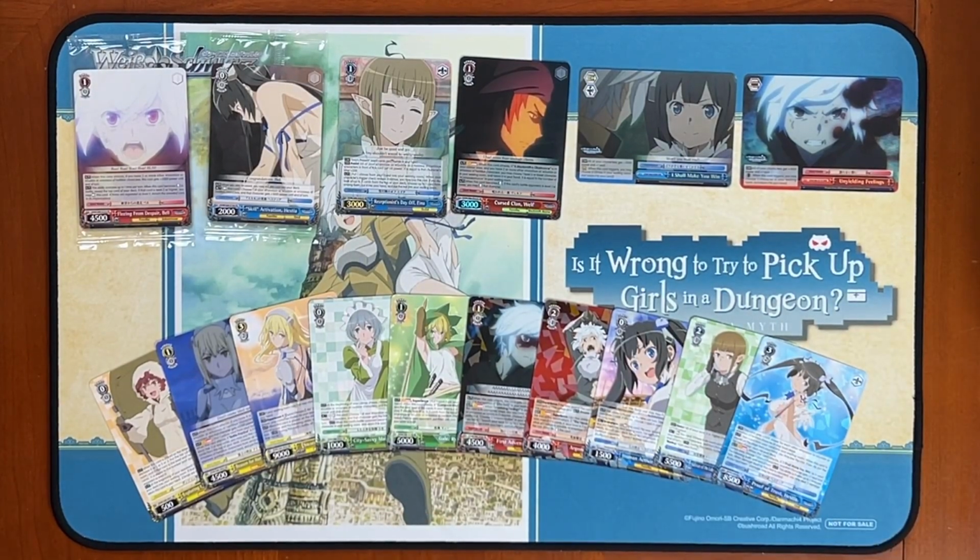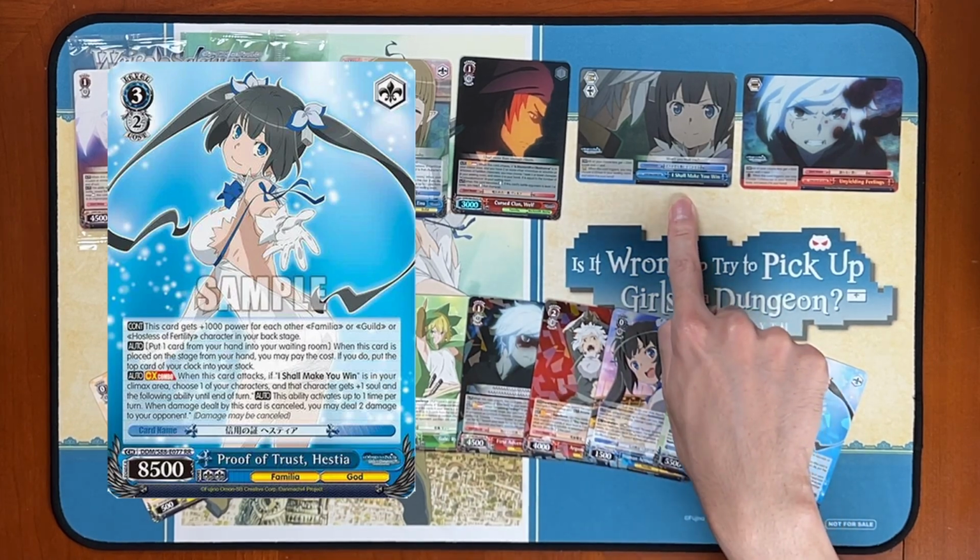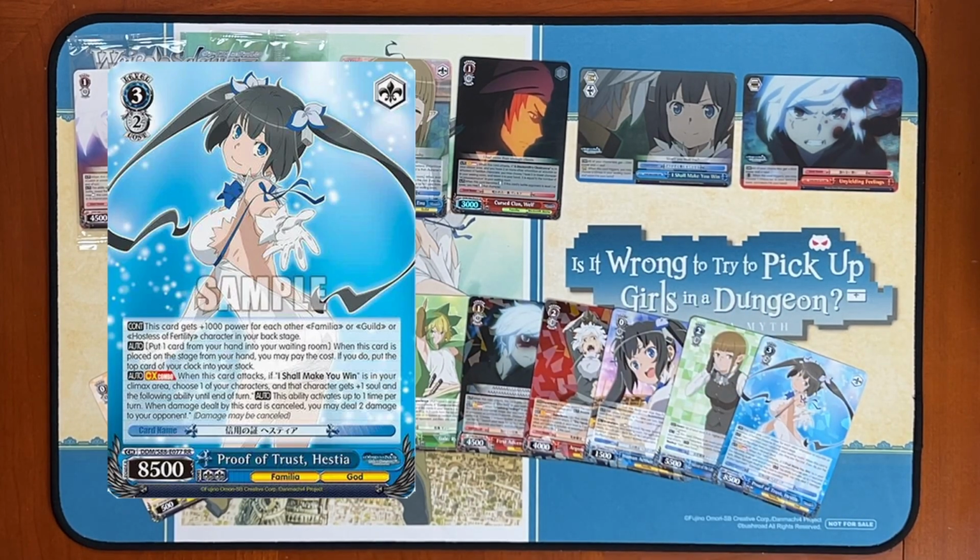So she is an on-play discard 1 heal to stock. She gains 1000 power for each of your back row traded characters, and then her Climax combo with the Pants Climax that we pulled the triple R of. When she attacks, you choose one of your characters and give it +1 soul and cancel burn 2 until the end of the turn for free, which is really, really strong and definitely lets you play a pretty aggressive endgame